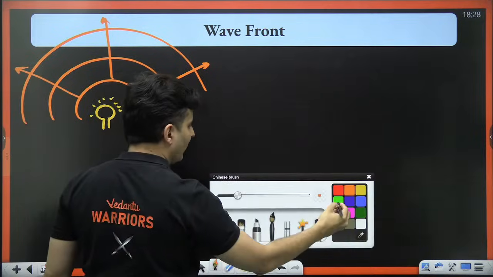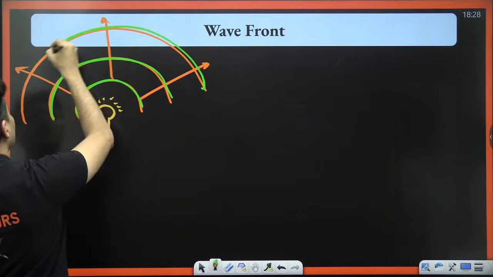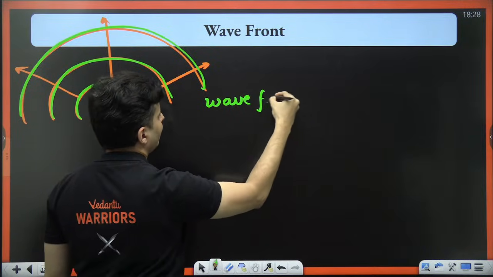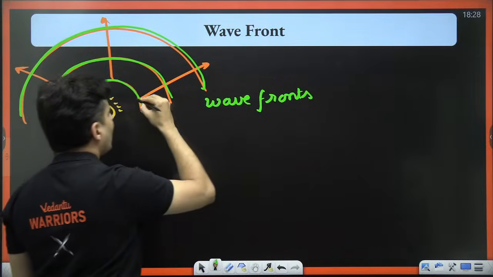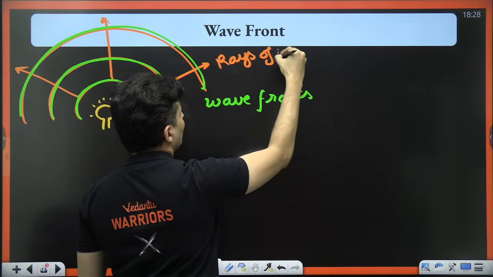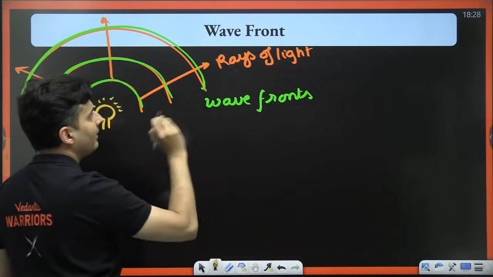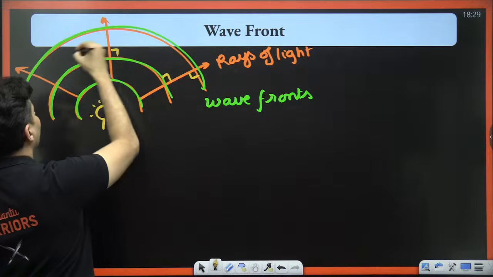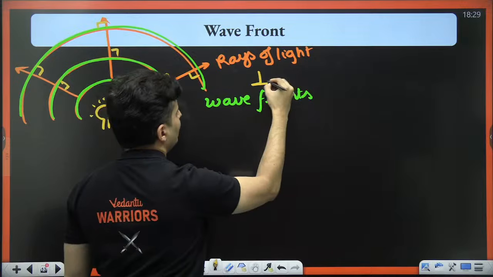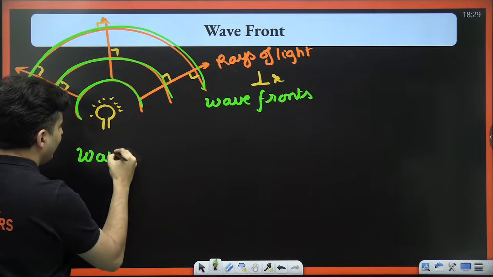So what you see over here, my dear students, these circular lines that I have shown, they are basically called your wavefronts. And these arrow marks that I have shown are nothing but the rays of your light. And one interesting thing is that wavefronts and the rays of light are always perpendicular to each other. No matter where you go, they are going to be perpendicular to each other. So I can also say that a wavefront